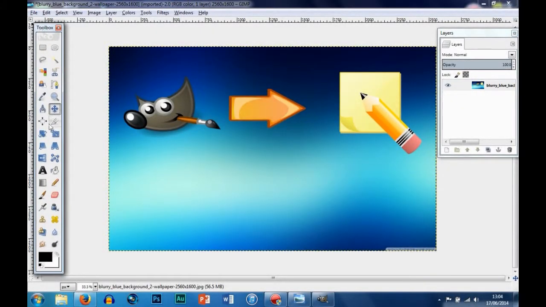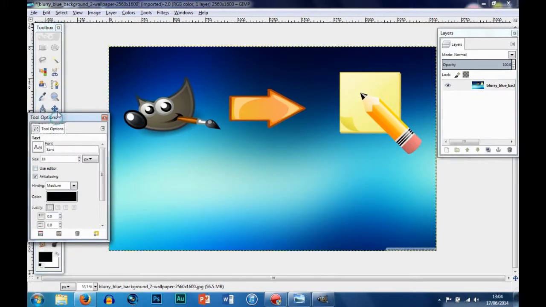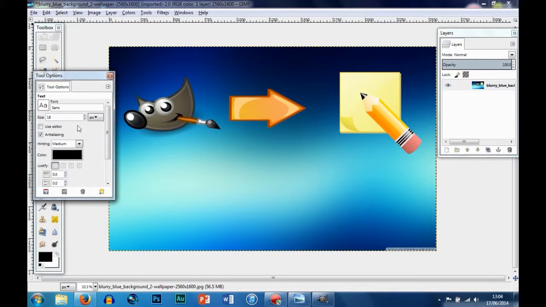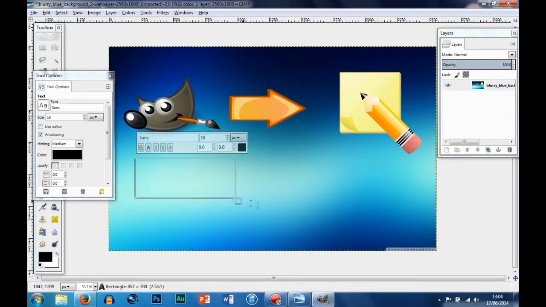So, what you want to do is come over to the A down here, and just double click on it, and you'll get up the text tool options. You're going to want to give yourself a nice big text box right over here, like that. And you want to type in whatever your video is about, or whatever you want to type in. So I'm just going to type how to make custom